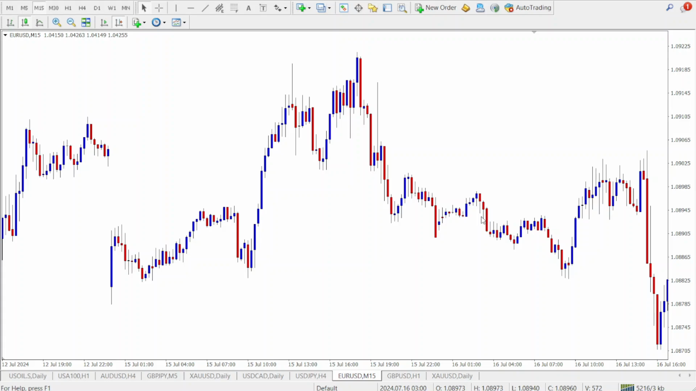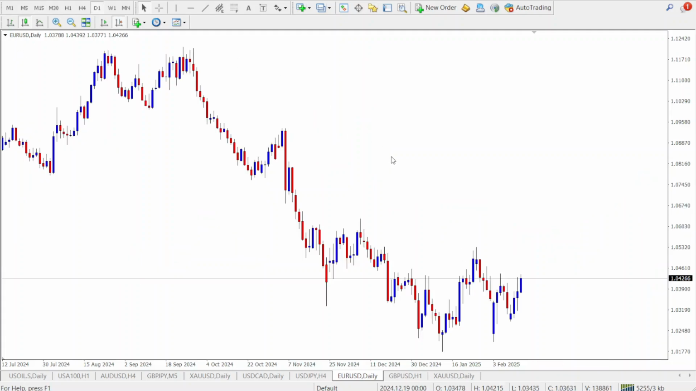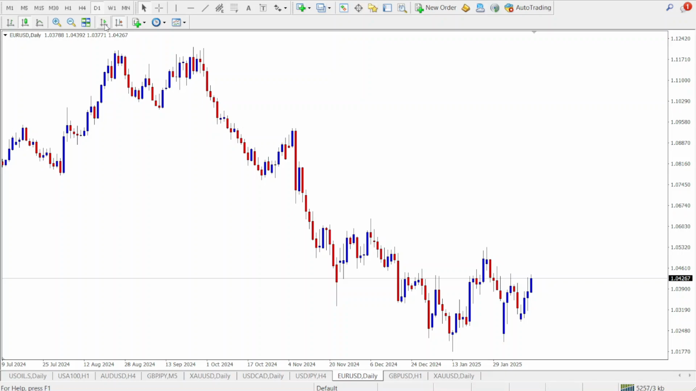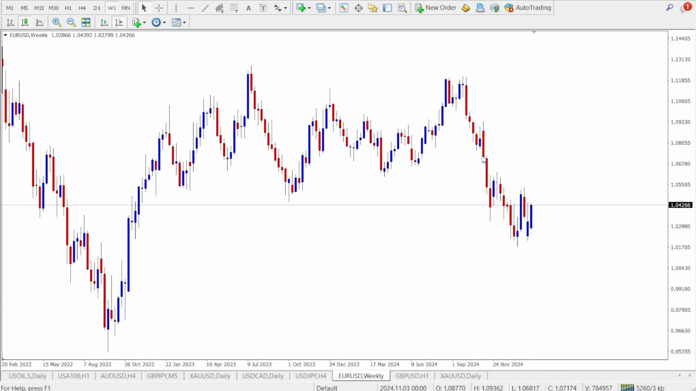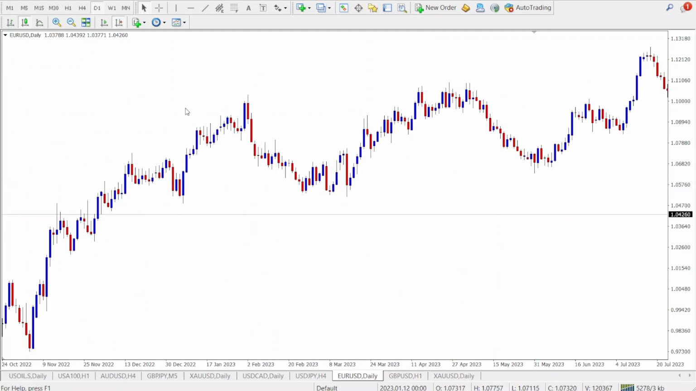Let's break it down step by step. Step one is looking at the higher time frame, such as the daily or even the weekly. You can actually use the daily chart or the weekly chart. This is where you analyze the market's overall direction and key levels. After that,